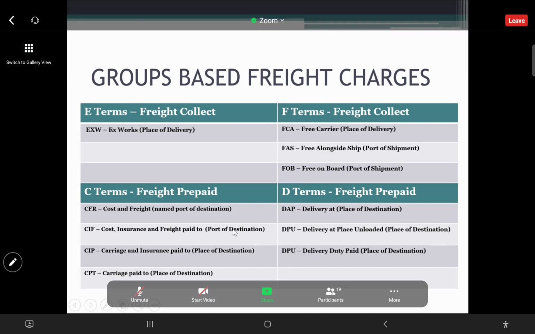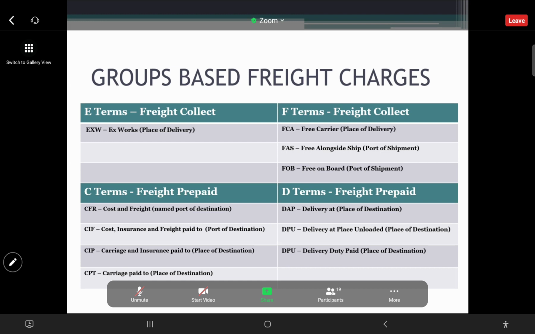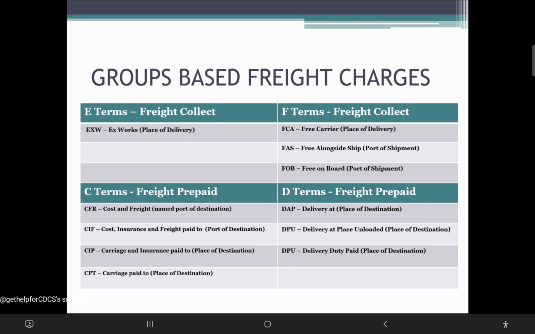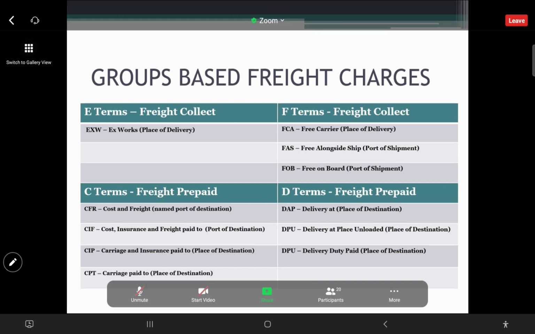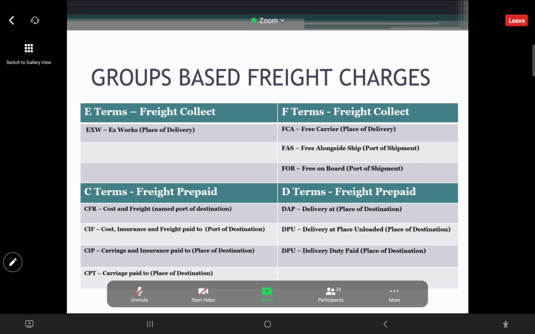So is there a chance freight is prepaid by the buyer? See, sometimes the Incoterm is FOB. That means, as per the Incoterms rules, the freight has to be collected. But there could be scenarios where they are paying, depending on the transaction and the price advantage they have. It could be the case. But when you're talking about the rules, if it is FOB, freight has to be collected. Arrangements are different, practices are different, but we are reading the rules now.